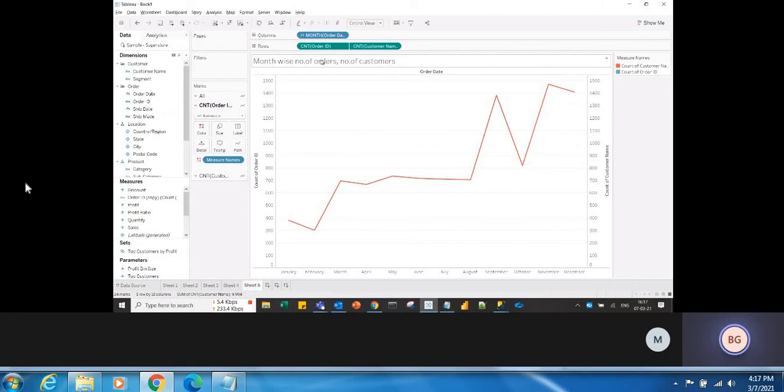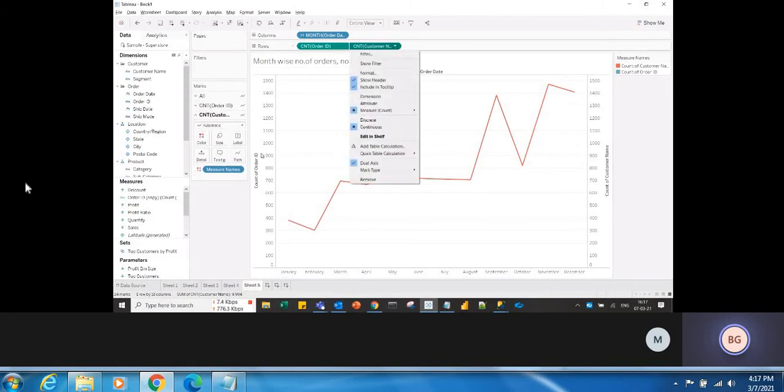One is just select it here, or you can drag it to the existing axis, opposite to the existing axis. These terminologies are very important. When someone asks what is dual axis or how to do dual axis: first, what is dual axis? Dual axis we use to compare two measures in a single pane with individual axes. And how do we create it? We drag the dimension and the first measure into the visualization, and the second measure we drag opposite to the existing axis. Okay, so that will be the technical explanation.